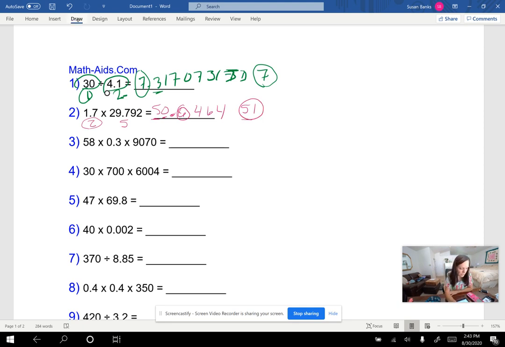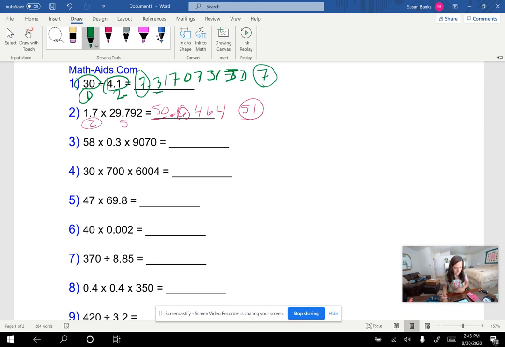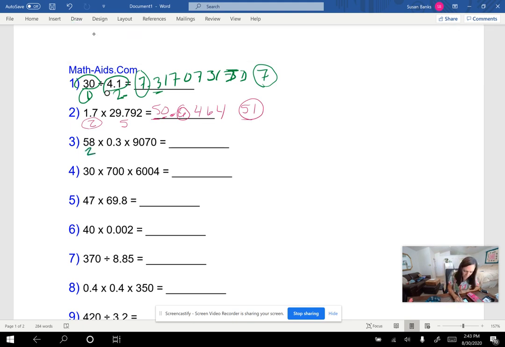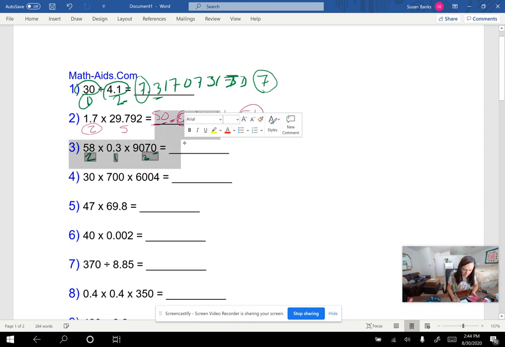Okay, let's go to our next one. So 58, I've got 2 digits. 0.3, I've got 1. And 9070, I've got 3. Remember, this last 0 is going to be insignificant because there's no decimal here. So let's plug this in. 58 times 0.3 times 9070. My calculator spits out 1